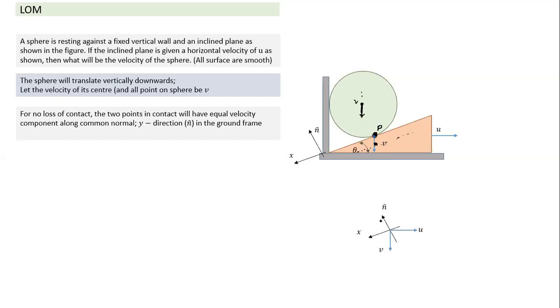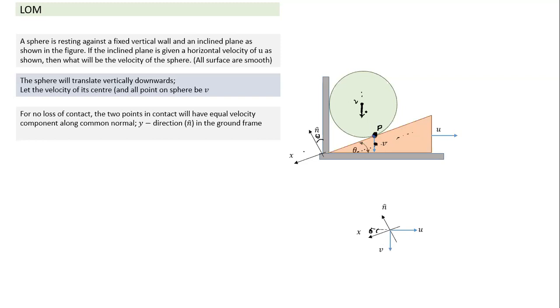If I draw here, again, same thing I have drawn here. This normal, of course, will make an angle theta with the vertical. So this angle is theta, and hence this angle also is theta. We all understand that part. This is the horizontal velocity, which the inclined surface has. And this is the vertical velocity, of the object which is sliding on it.